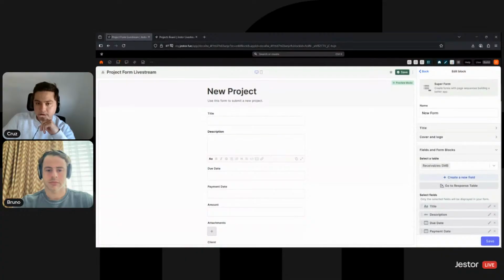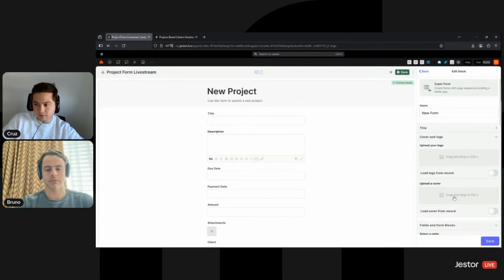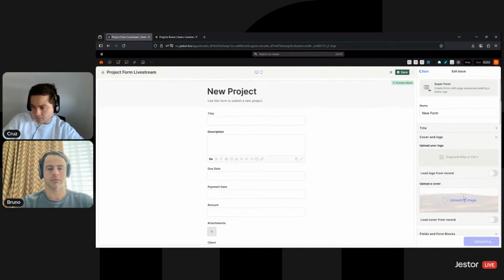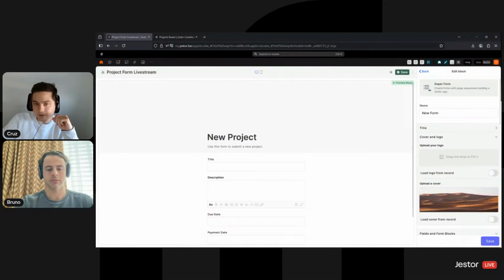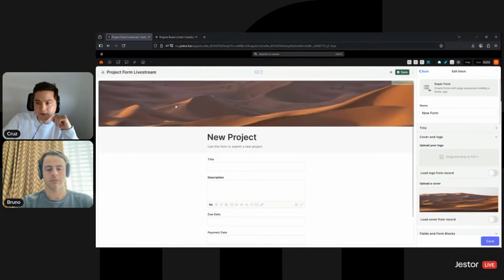And basically, this is going to add some images on specific parts of the form, right? So I got a cover. I'm going to just drag and drop this here. Oops, it's not going. There you go. So you can see that I'm adding a cover here, and it's going to show this image